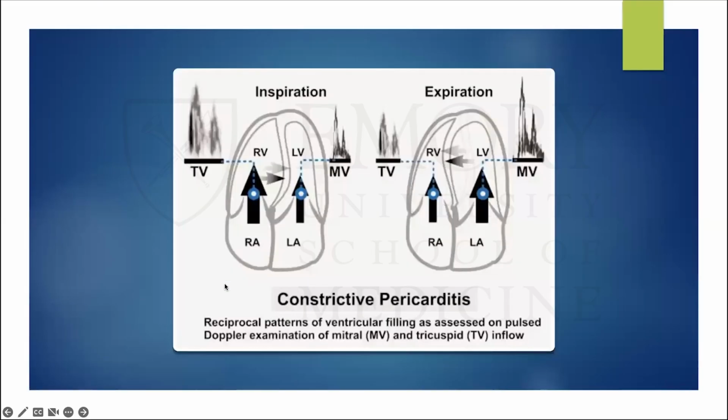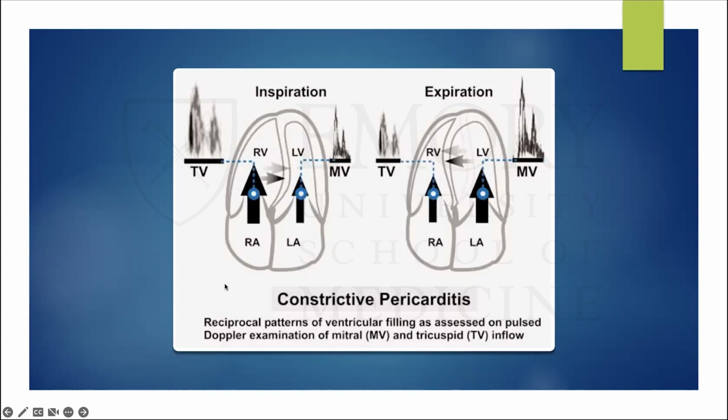So this is a nice diagram that I found that captures everything that we're talking about here. With a deep breath in, you increase the pressure on the right side of the heart. You are causing more flow on the right side of the heart. And because you have that fixed pericardial space and volume, your interventricular septum bows into the left